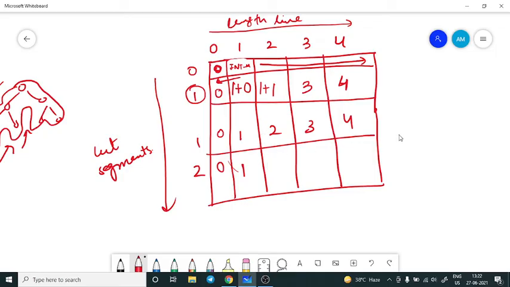Now coming back to here. The length of the line segment is 2, and the cut segment is again 2. So I can easily cut it. It is a valid cut segment. So I will add 1 to it, that is 1 plus, and I will go back again to here, as I can use the 2 again and again, as I explained earlier. Now my length is left out to be 0, so I will go here again. With all of these 1, 1 and 2, for a line of length 0, I can have only 0 cuts, so I will have a 0.